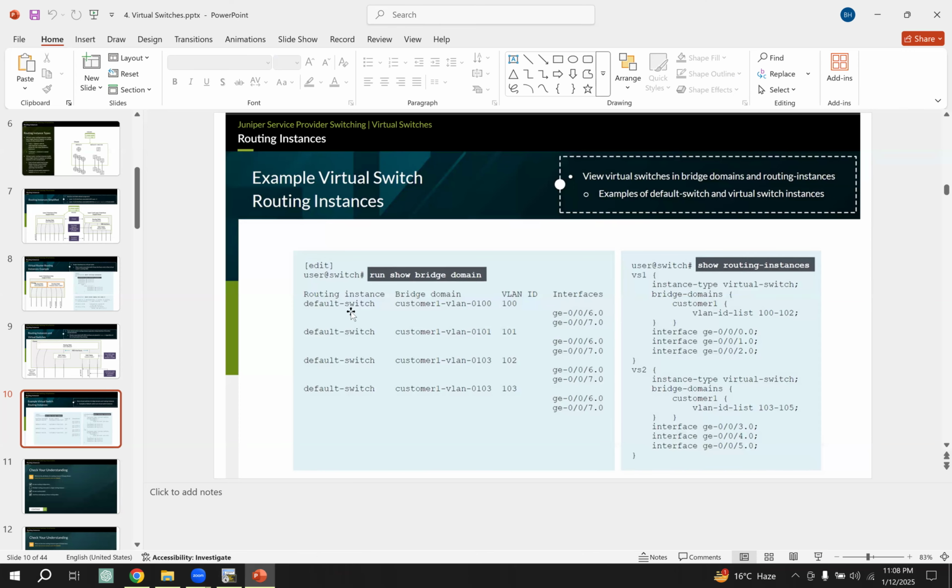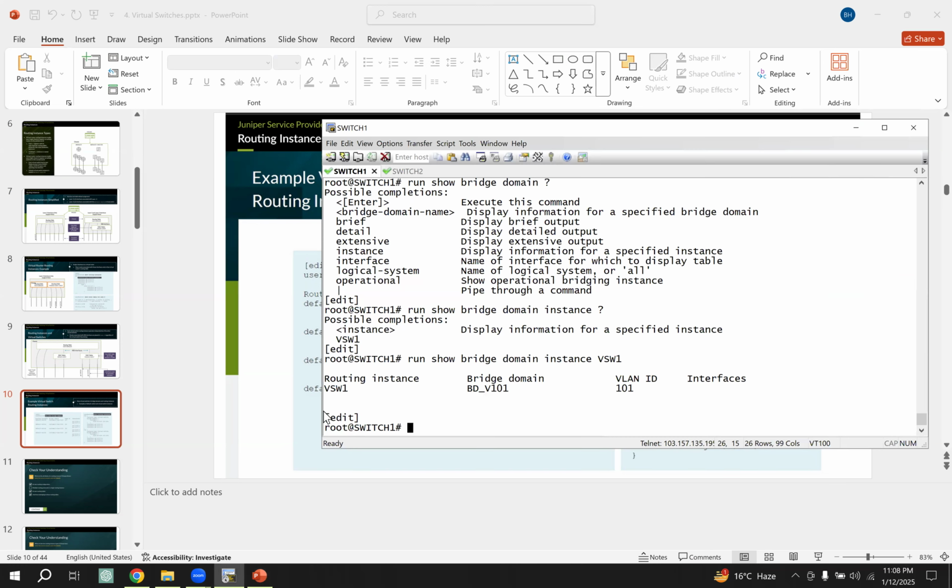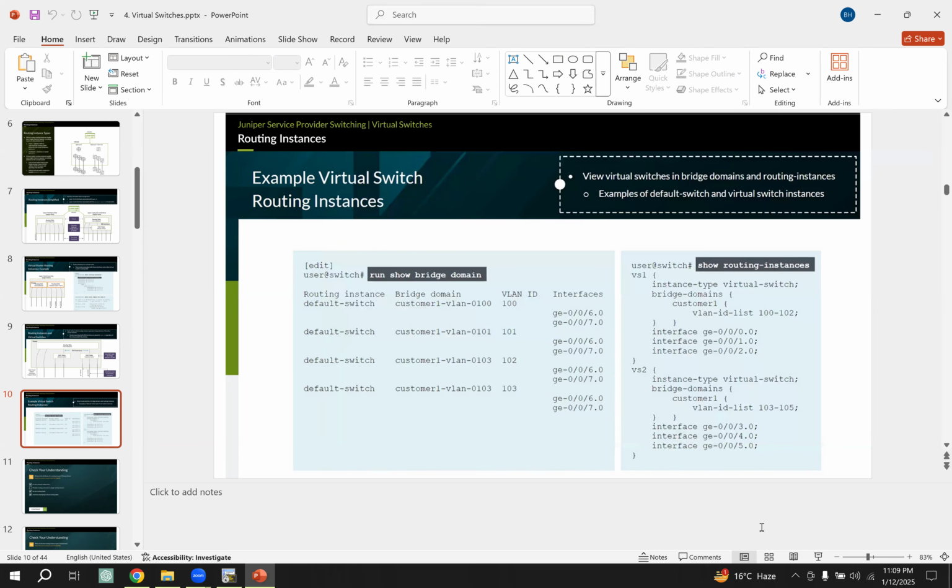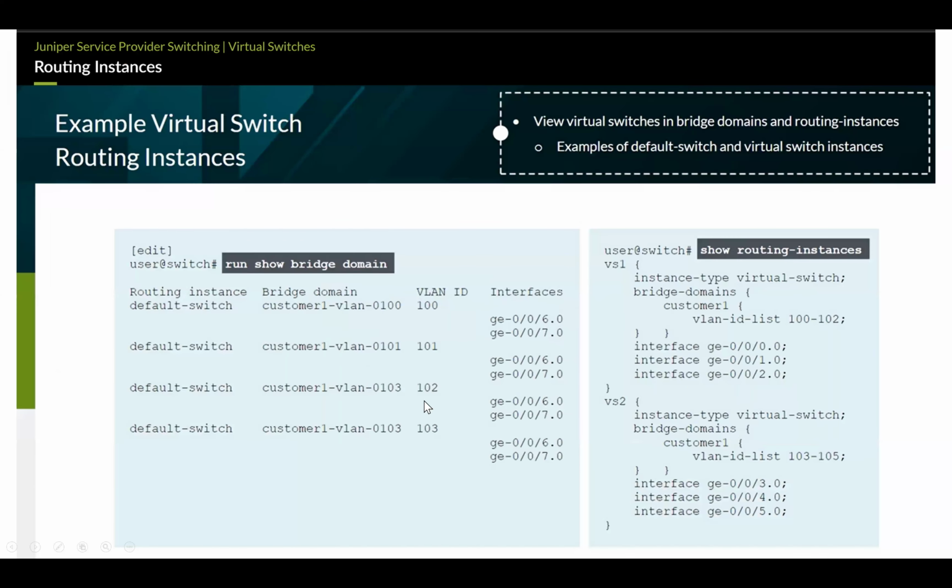And after configuring virtual switch 1 and virtual switch 2, you will get these changes. Okay, under virtual switch 1, you will get the bridge domain and the VLAN ID. Okay, so next forward,